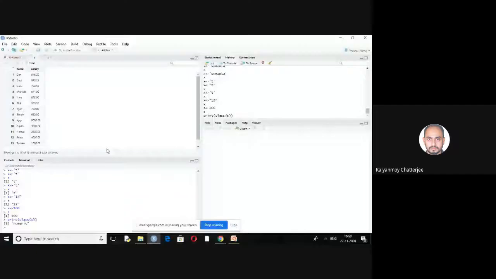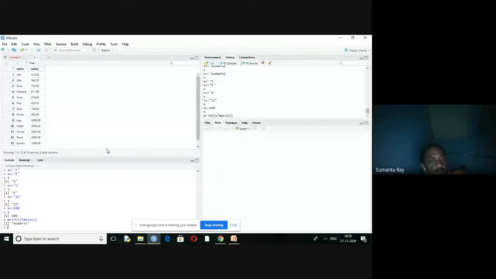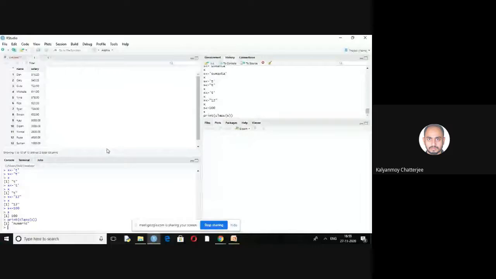That is not possible. But a number can be converted. Here, the value of s will be 100. That will be different. But when it is a character or string, then 100 will be enclosed in single or double inverted commas. Only this type of change will be made.